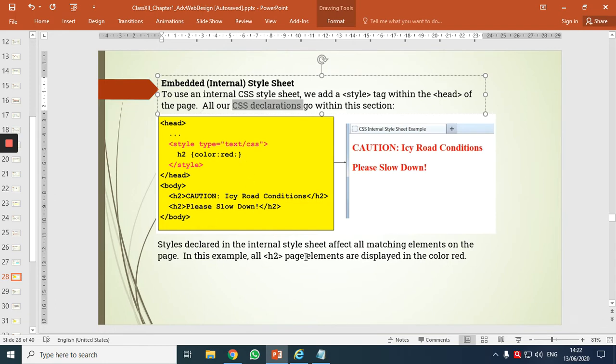Styles declared in the internal style sheet will affect all the matching elements on the page. I've used the head tag, style, type is equal to text or CSS, and this is our CSS rule syntax. Close the style, close head, body, two H2 tags and body close.